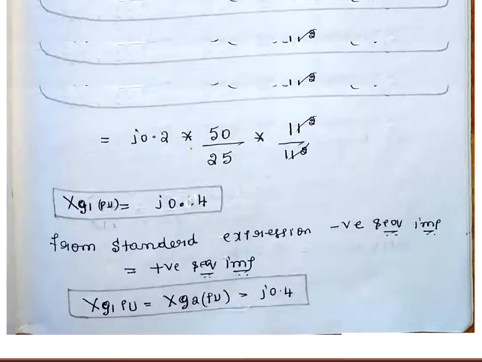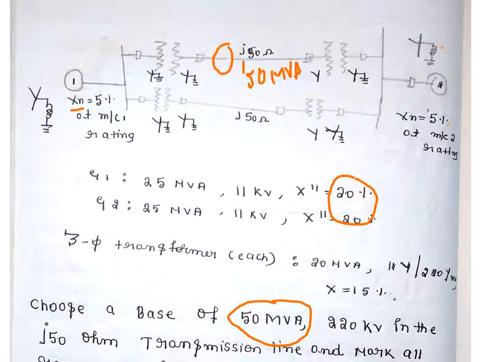Now, for this generator what I require is the positive sequence, negative sequence, and 0 sequence reactances, and here it is connected through a reactor, so that reactance we also require. Here it has been given as 5% of the machine rating. So this will be similar to this, because the machine rating will be the same. So generator 1 and generator 2 will have the same values.